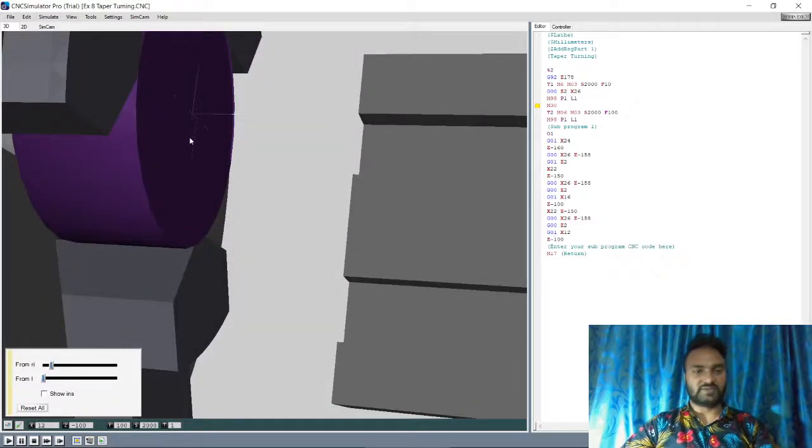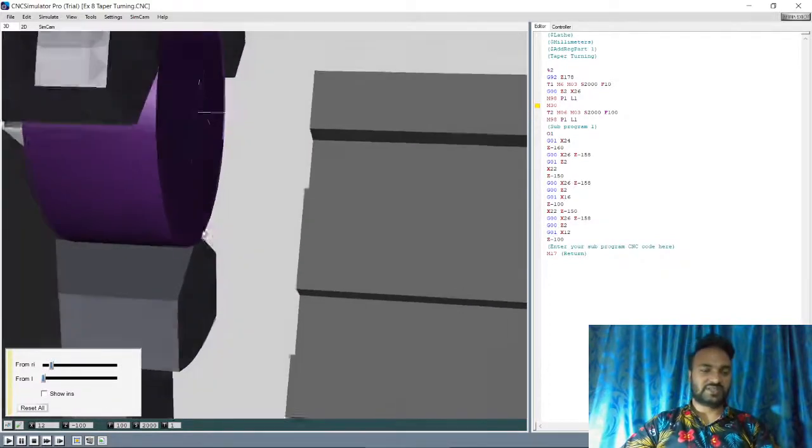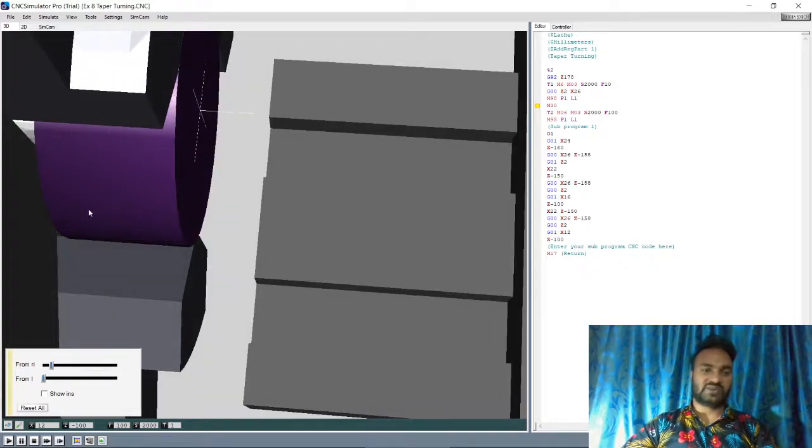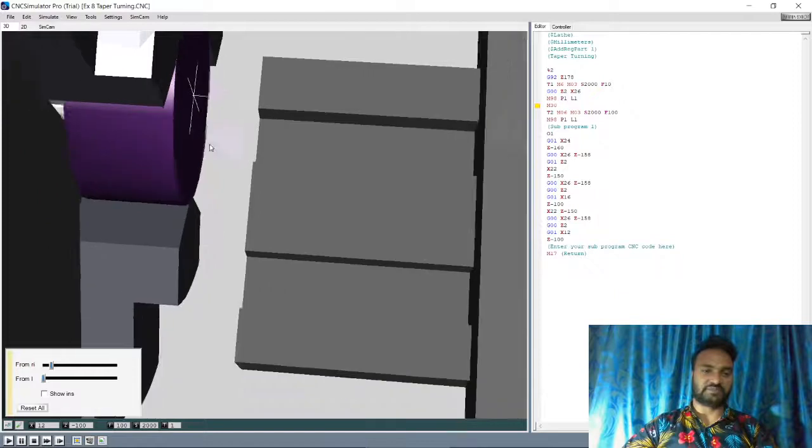This much distance, this much length, is around 22 mm. If the length is around 100 mm, it is only 23; if beyond 100 mm, then the length is 22. So 22 or 23 mm is inside the chuck. So our origin starts from here.